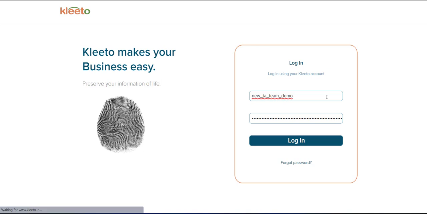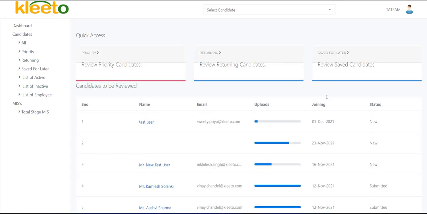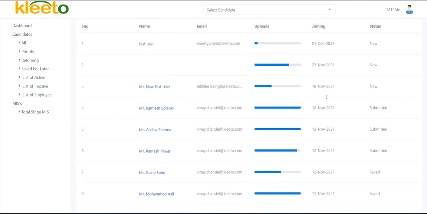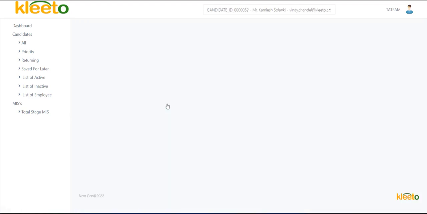So at any stage, there is a to and fro of the mails that goes to all the stakeholders currently involved in the system, as in where is the profile stuck, or who is working on the profile currently, and at what stage is the profile currently standing at. So now when I come back to the recruiter's login, the recruiter will have a list of candidates that he's supposed to be working on or he's currently working on. He can pick and choose the candidate on which he's working on.